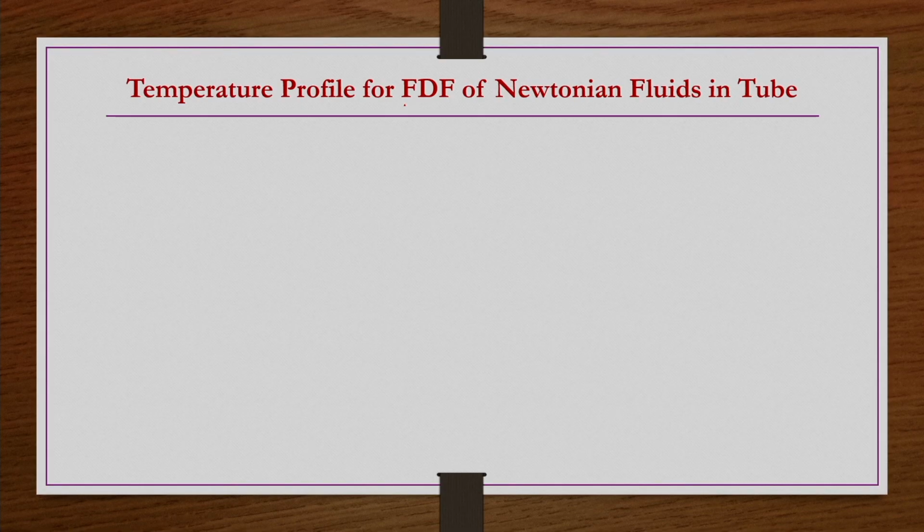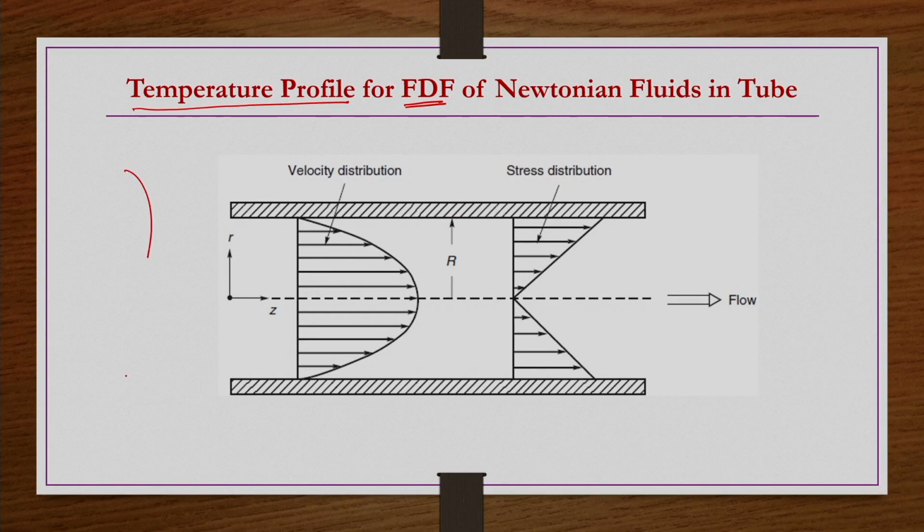So, the major constraint of this problem is that the flow is fully developed. Whatever temperature profile we are going to obtain for Newtonian fluids flowing in a tube under non-isothermal conditions, this temperature profile applies only to that region of the tube where the flow is fully developed. Actually, this problem we have taken previously under